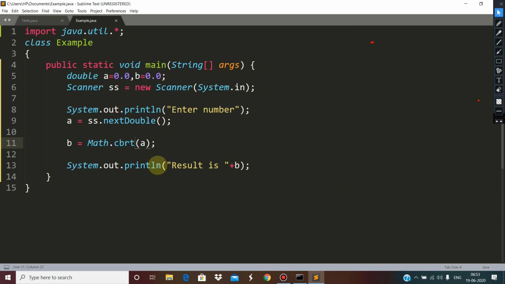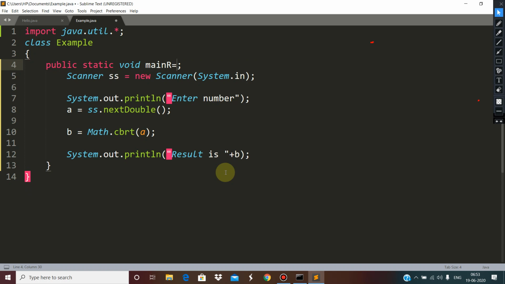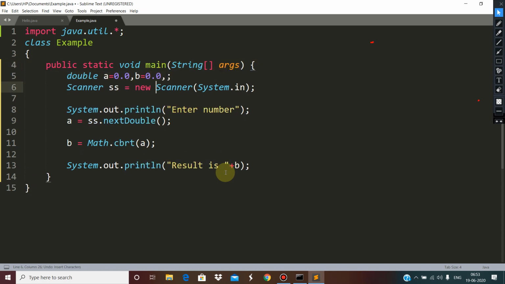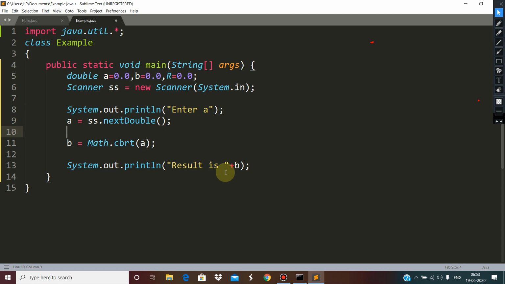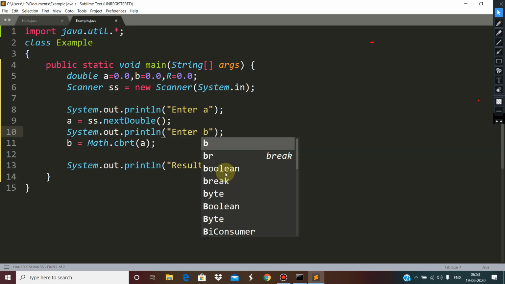Now children, if we want to find out a raised to the power b, in that case we need one more variable, which is r. Just declare one more variable, and here enter a, and after that enter b.